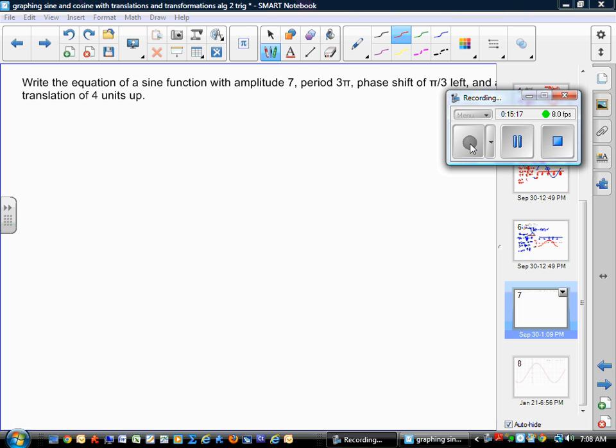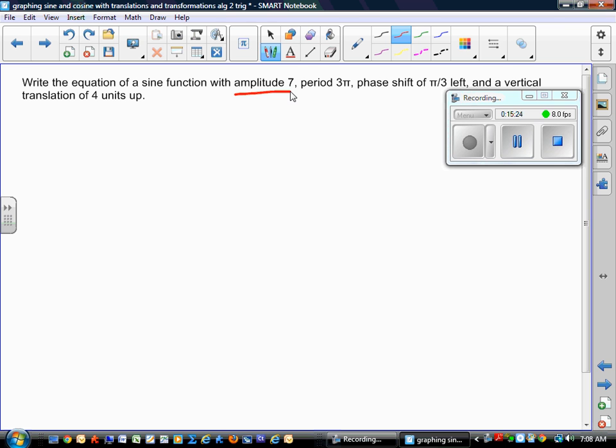All right, so no more graphing. Now we're going to take and actually write an equation of a sine function having the following properties: amplitude, period, phase shift, and a vertical translation. So I know if I have an amplitude of 7, that goes out in front. So that's 7